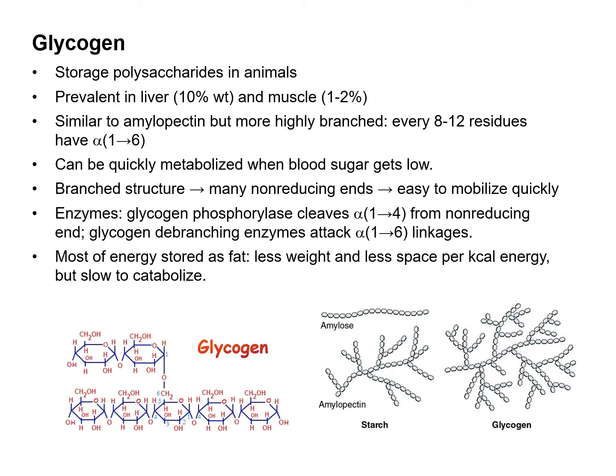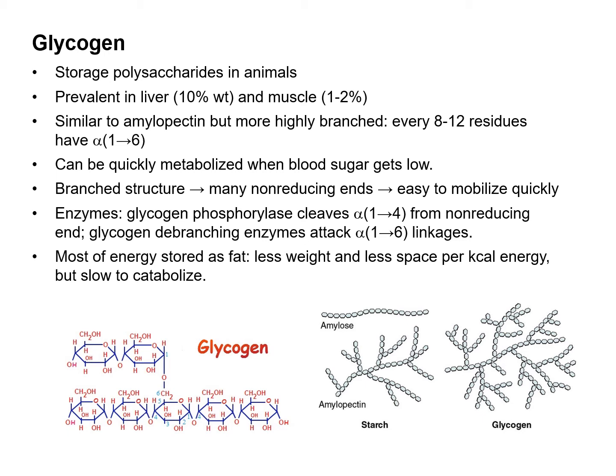Glycogen is another storage polysaccharide, especially used in animals. Glycogen is prevalent especially in the liver, which takes up 10% of its weight, and also in the muscle, which has 1 to 2% of its weight as glycogen. It's similar to amylopectin in structure, but more highly branched. Every 8 to 12 residues have alpha 1 to 6 linkages, and it can be quickly metabolized when